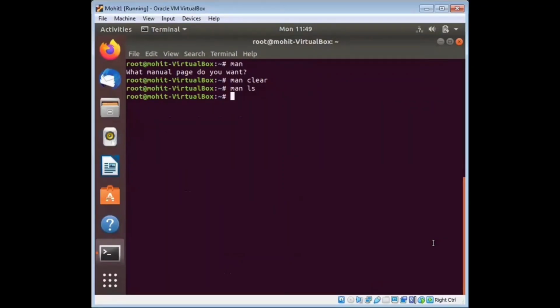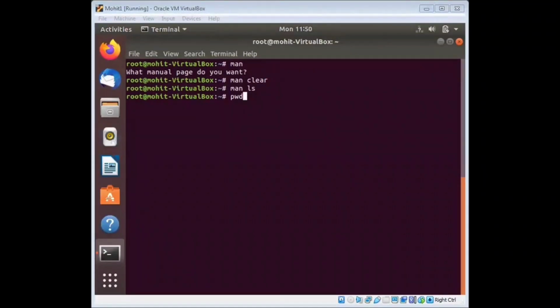Next command is your pwd. What is pwd? Basically, it displays the path from root to the current directory. I repeat, it displays the path from root to the current directory.